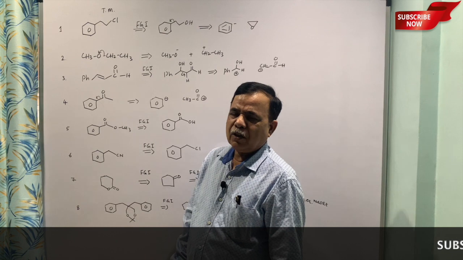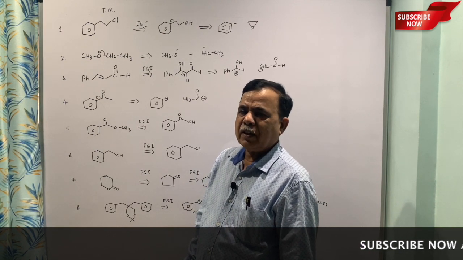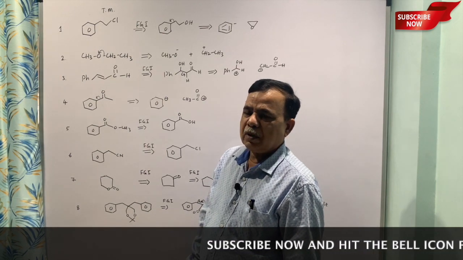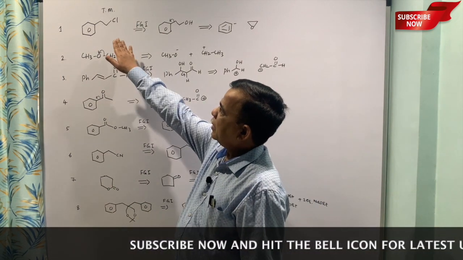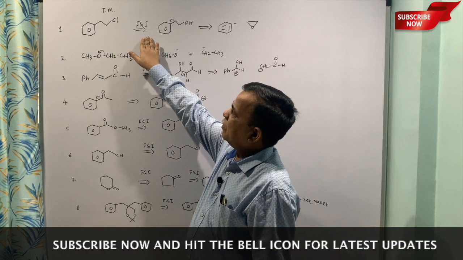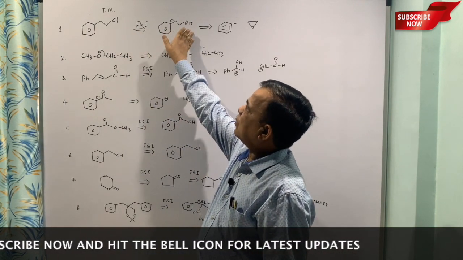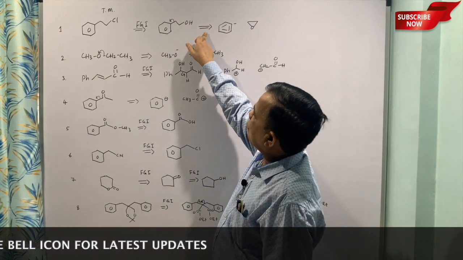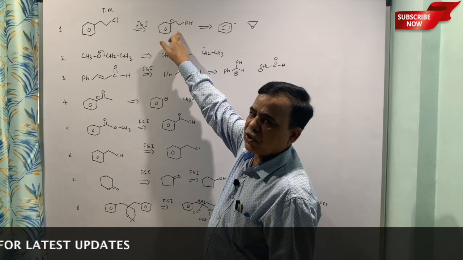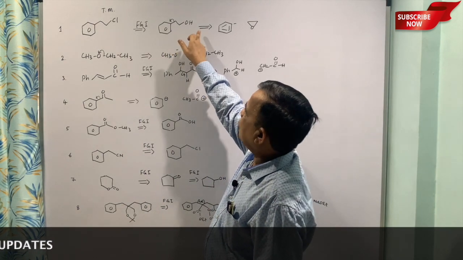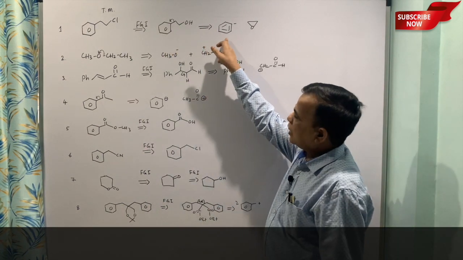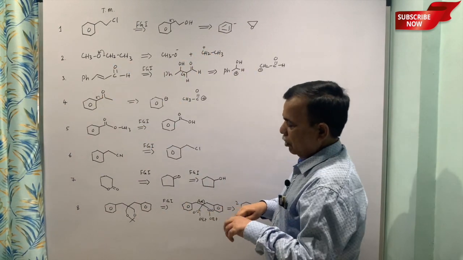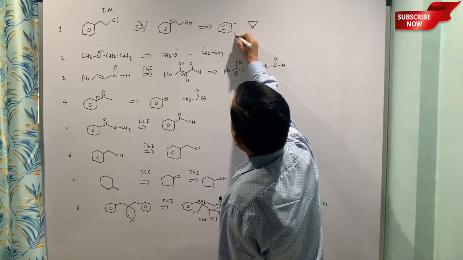We have seen the meaning of synthons, synthetic equivalent, functional group interconversion and so on. So, to revise this, this is the target molecule. This step wherein we are writing one functional group for another is termed as FGI. This arrow, where we are showing the disconnection or the heterolytic cleavage, is known as disconnection, and these are synthons. So, if you start with this chloride, then these are synthons actually,